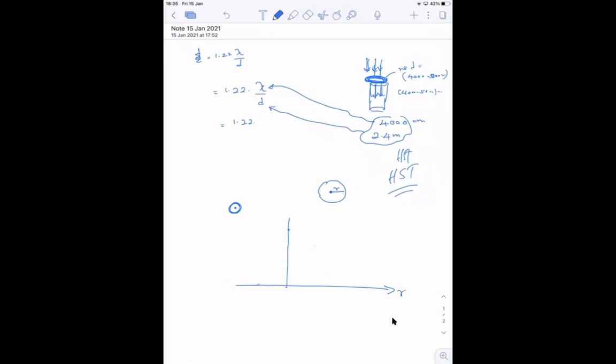We expect a curve like this, right? Now this is called a Gaussian curve normally in mathematics, and